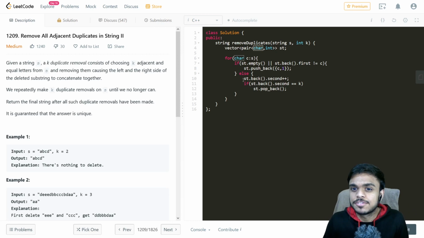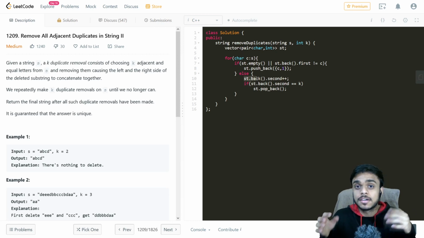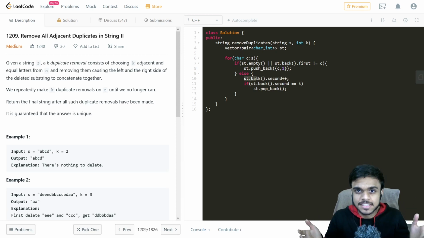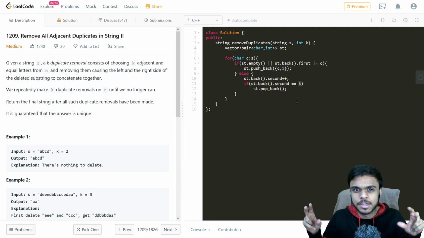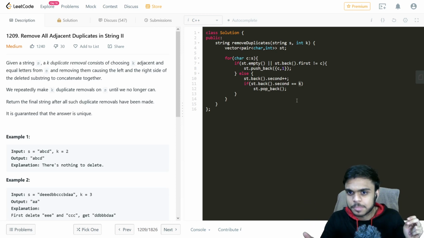Else, if our element is the same as the previous one, then we just increment its counter, as we saw in our explanation. And every time we increment the counter, we need to check if it is equal to k, because if it is, we just need to remove that particular element from the data structure, that is the vector of pairs.